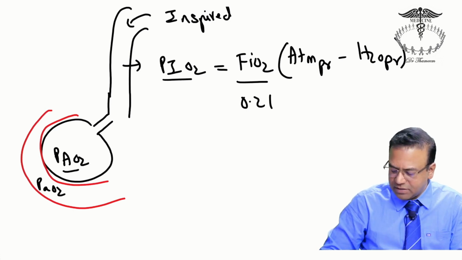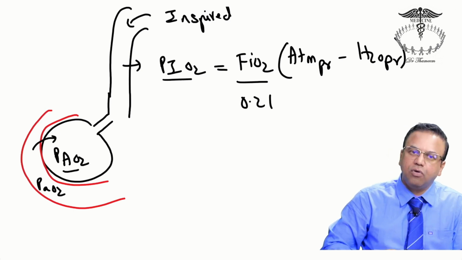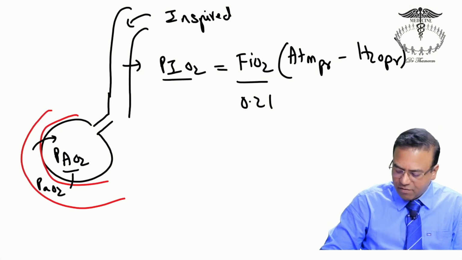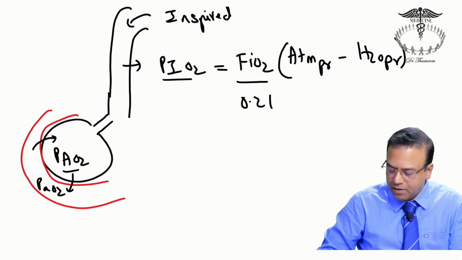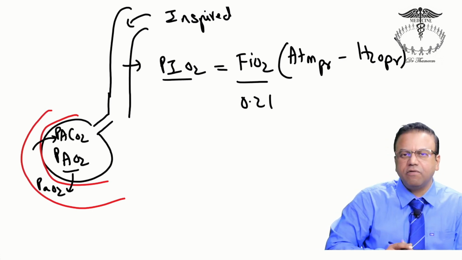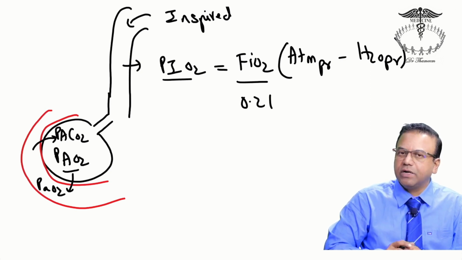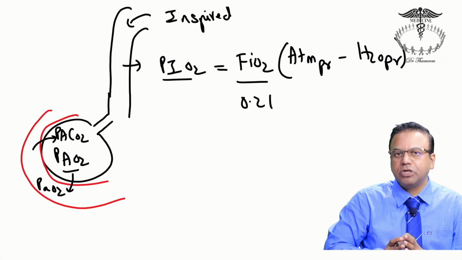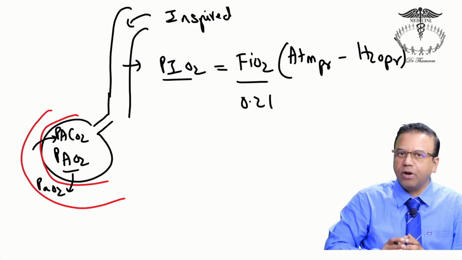So when a person is breathing in, the carbon dioxide part of it is very negligible, but once the air is in the alveoli, the alveoli are a constant source of carbon dioxide. You know that oxygen is entering from the alveoli into the artery, and carbon dioxide is continuously coming out. This carbon dioxide is going to occupy its own partial pressure, known as the partial pressure of alveolar carbon dioxide. This is going to eat up part of the partial pressure, and the important concept to understand is that when you add up all the partial pressures at a point,